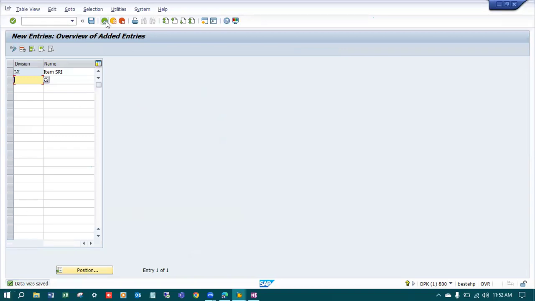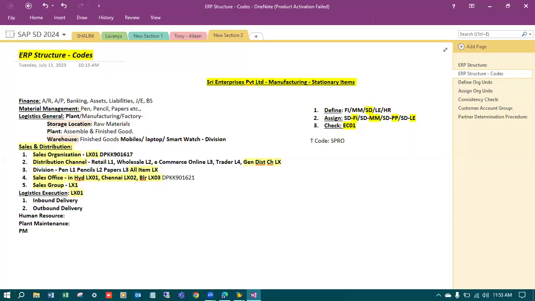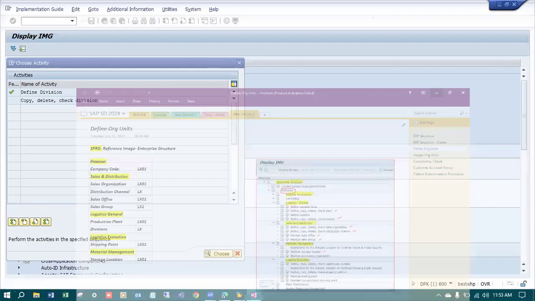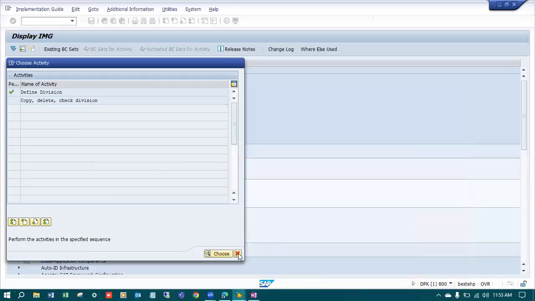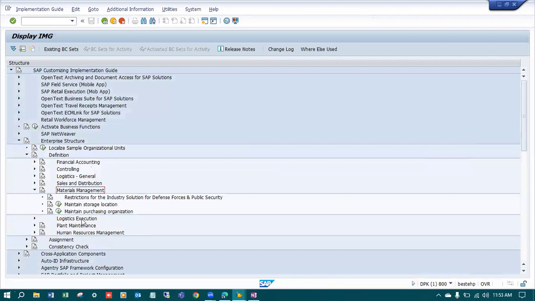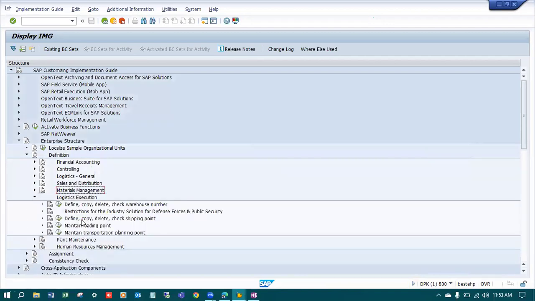Data was saved. So far, we have created a production plant with LX01 and division. And with regards to this company code, we have already created. Moving further, here, sales and distribution, we already did. Click on to this material management. As of now, we don't need this one, okay? Let's skip this. In logistic execution,